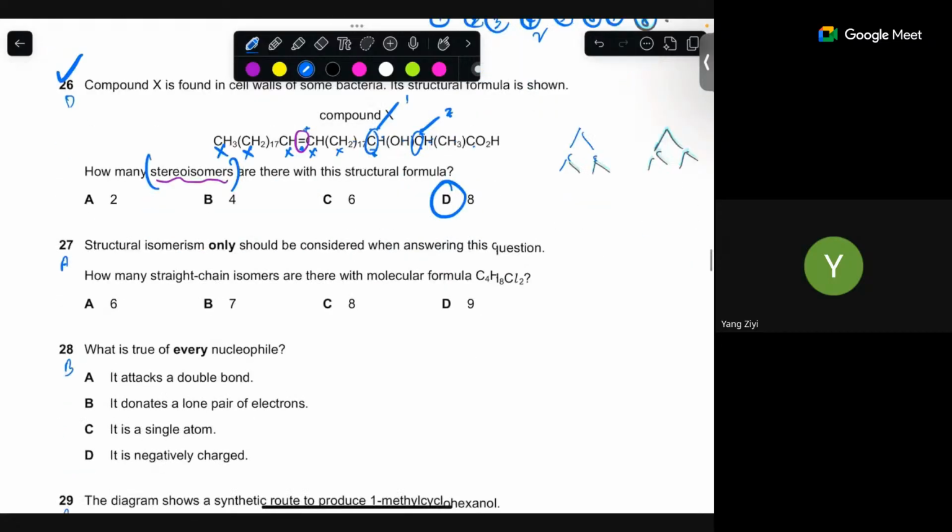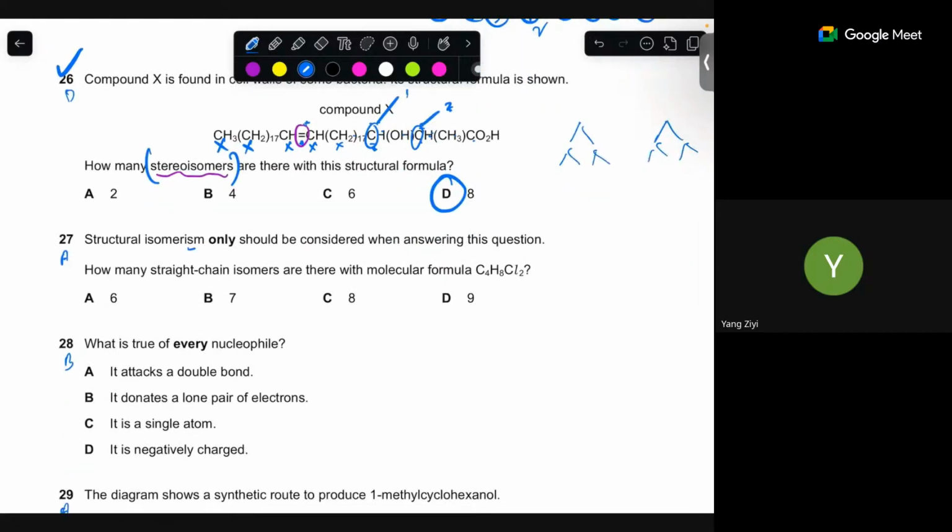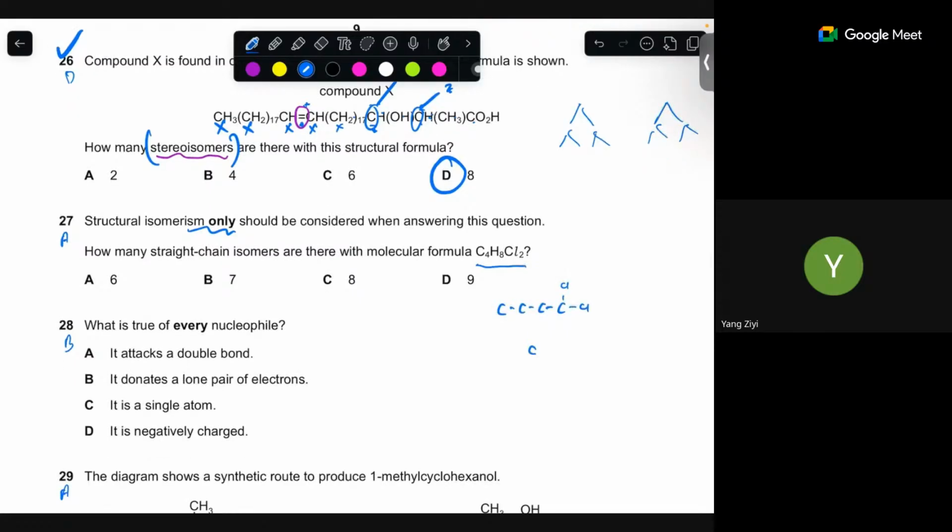Now only structural isomerism should be considered. So how many straight chain isomers are there with this molecular formula? So we want to find out how many. C4, straight chain, so can have Cl here, Cl here, can have